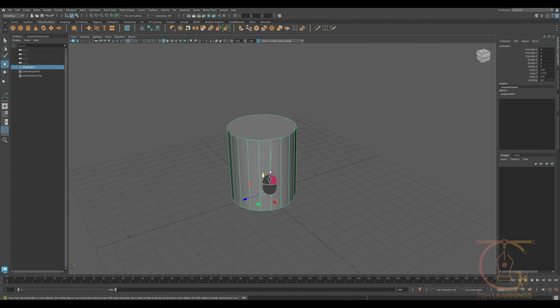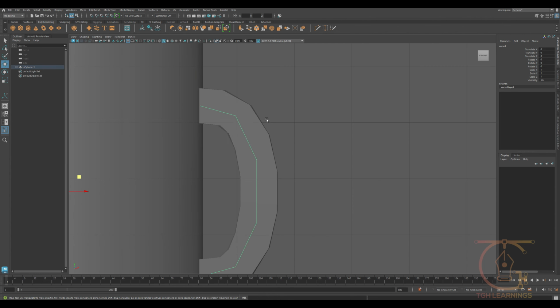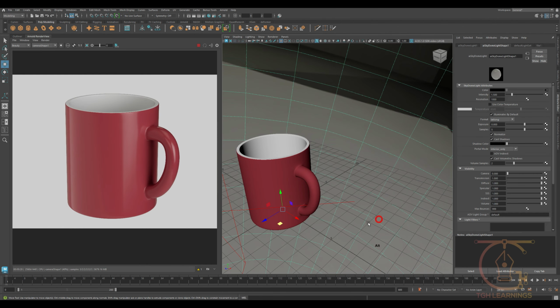And that's it. We've modeled a 3D cup, added a curved handle using bridge, lit the scene with HDRI and